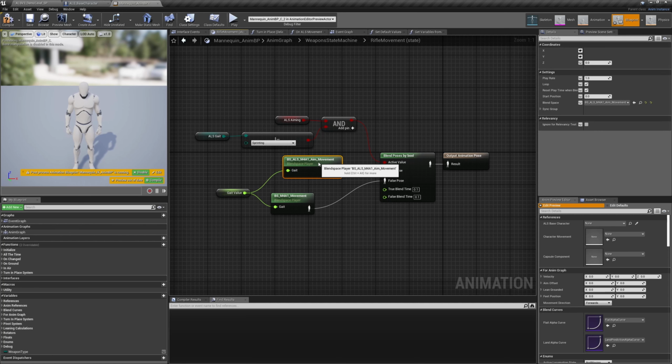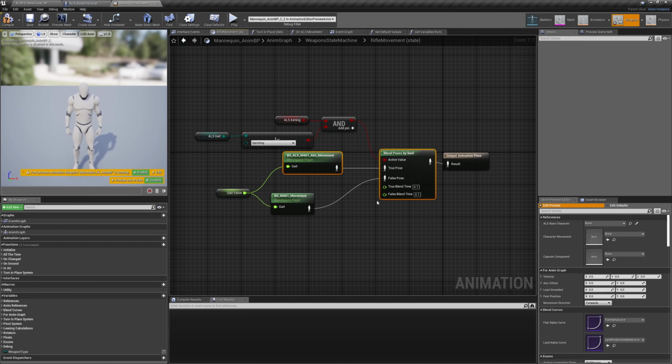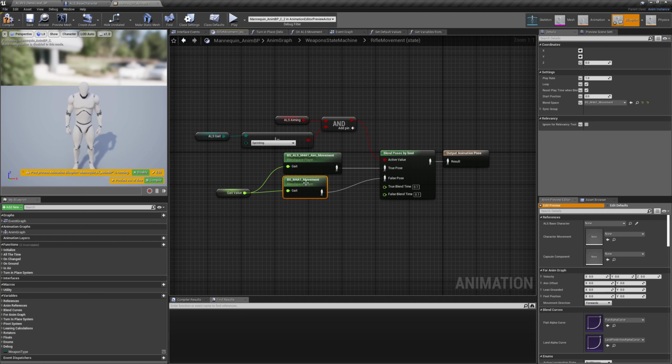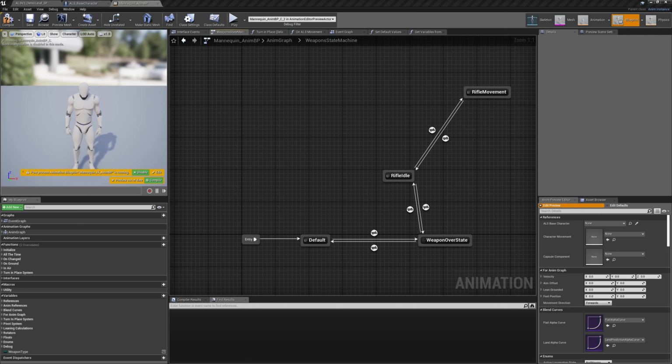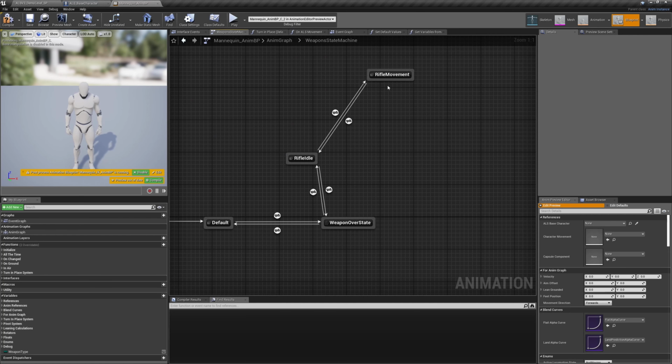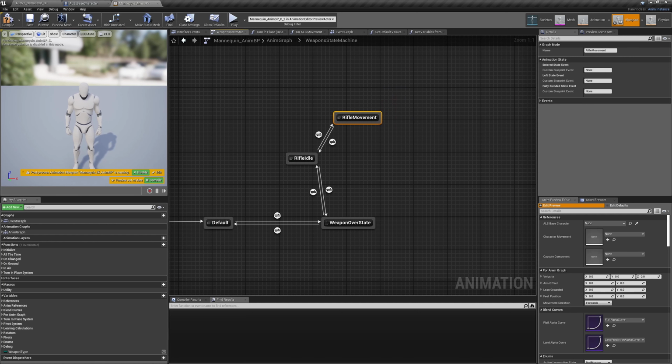And so this allows us to set up everything so that we can have two different states inside of the state machine. We're aiming, we're not aiming, and then we set our values accordingly. So we're almost getting there. The next part is going to be